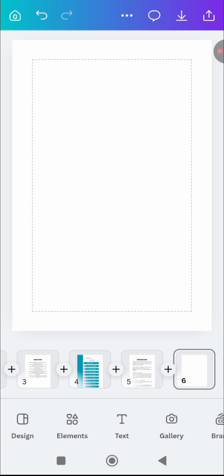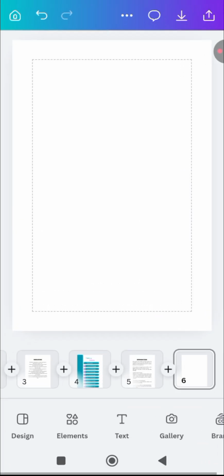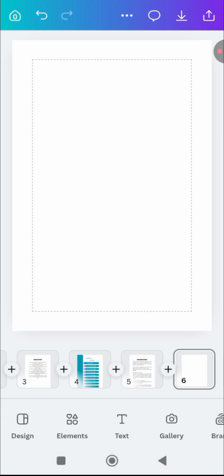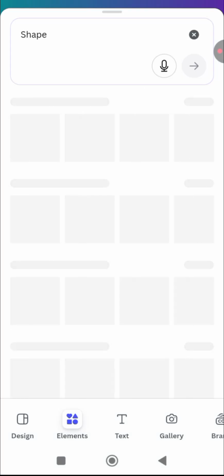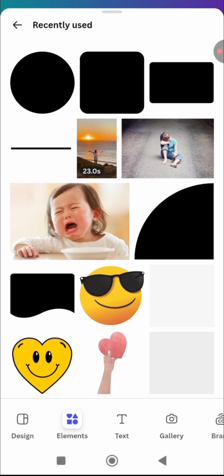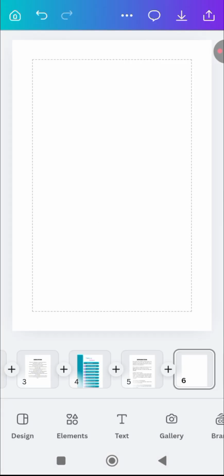Now our chapter 1, what is chapter 1? All right, now this is our chapter 1. We need to do something on our chapter 1. I want this chapter 1 to carry some design, some fine design. So what I will need to do is come over here to elements, then remove this, come over here to elements, then go to line. No, let me just show you what I did. Go to elements,